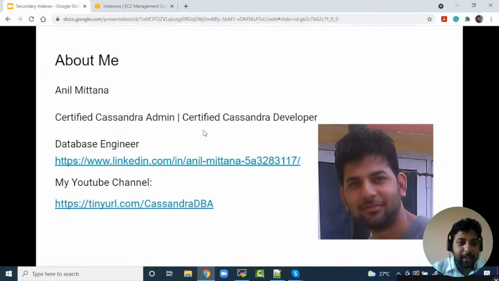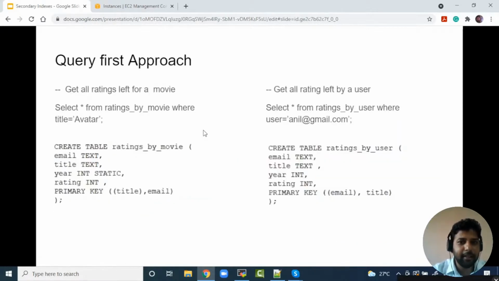So let's start. The very first slide is about the very first approach in Cassandra. In traditional RDBMS systems, we create a table first, then we think about our queries. There is so much flexibility in how you want to query on an RDBMS system. But in Cassandra, we do it the opposite way. In Cassandra, you need to know your queries first before you create your tables. So you need to know your application workflow, and what all the queries are that you run at the application level. You need to have a note of all of these things before you create a table.